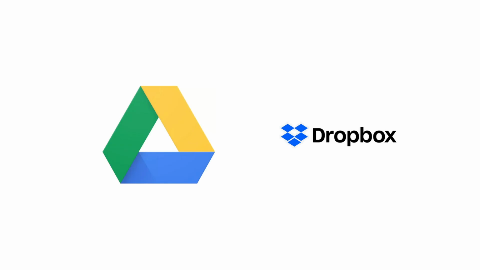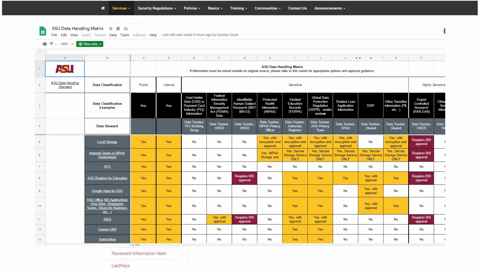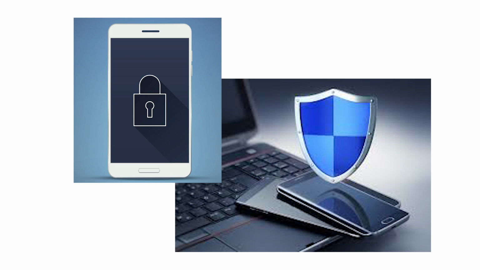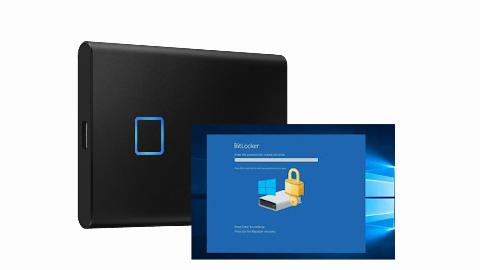Use ASU enterprise tools, such as university instances of Dropbox and Google Drive, to store your data, back it up, and collaborate with others. The personal accounts offered by some of the same services do not offer the same level of enterprise security. All ASU-related files must remain in ASU's enterprise storage solutions. Third, access data from a device with appropriate protective measures enabled, including encryption. In the unlikely event that portable storage or removable media is necessary, use only an ASU-issued device and make sure it is encrypted and password protected.